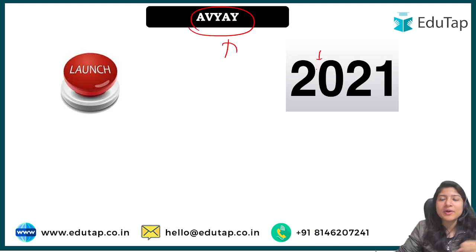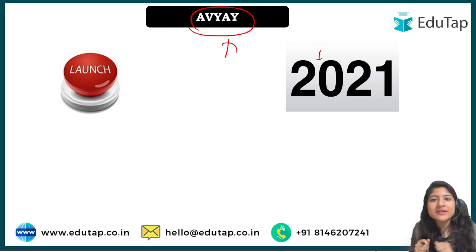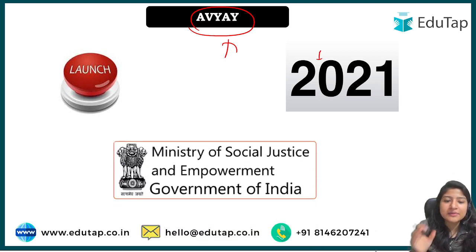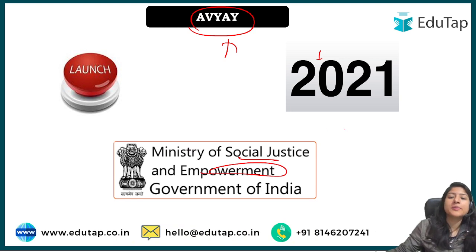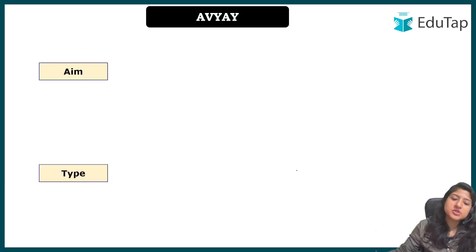And when we are talking about the welfare of a particular section of society, which ministry can take the lead? See, the scheme falls under the Ministry of Social Justice and Empowerment. By focusing on a particular section of society, by thinking about them, we are talking about social justice in the country, in the nation, right, and empowering them also. So that is why the scheme will come under the Ministry of Social Justice and Empowerment.